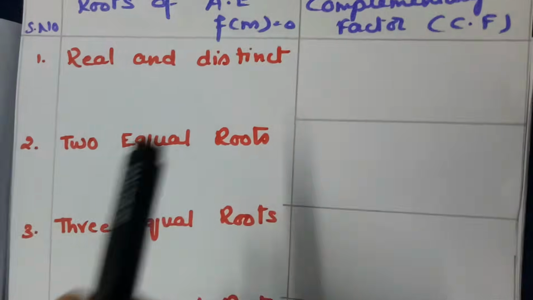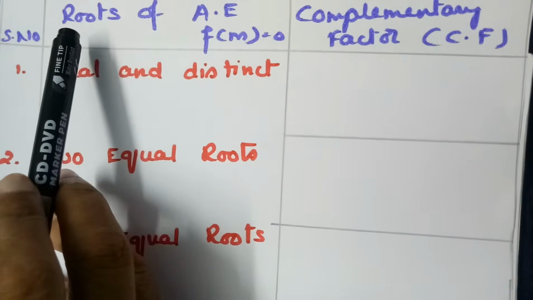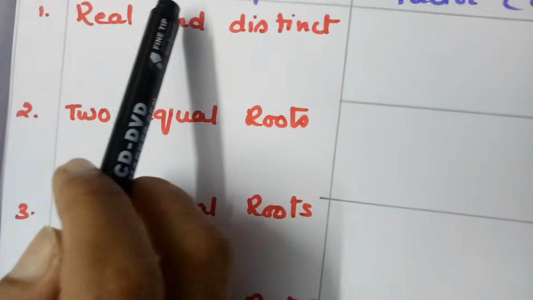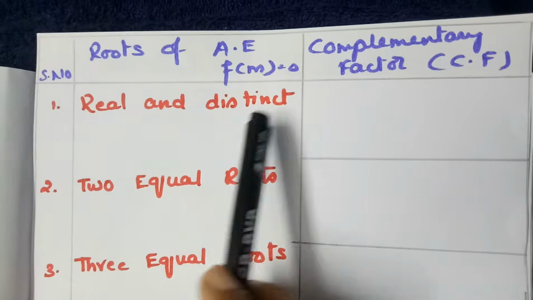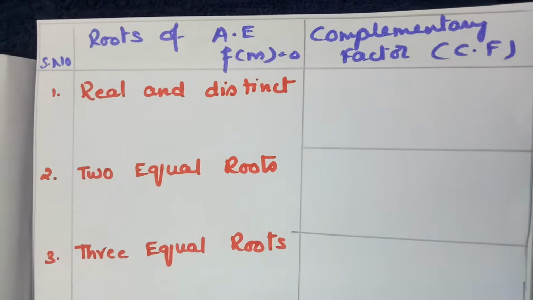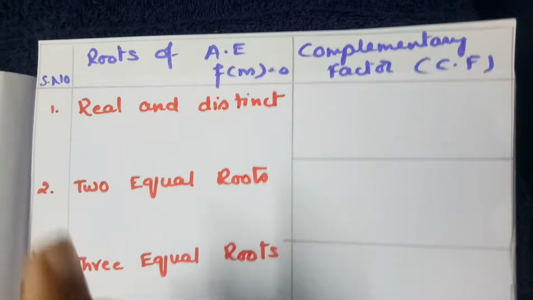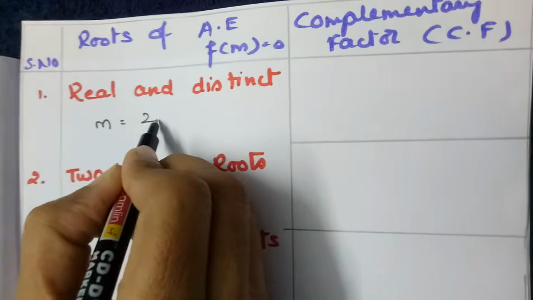After finding the auxiliary equation, we have to find the roots. I'll tell you in my next video very clearly how to find the roots. If the roots are real and distinct, meaning different, how do we write the complementary function for getting the solution? If the roots of m are real values and different values,